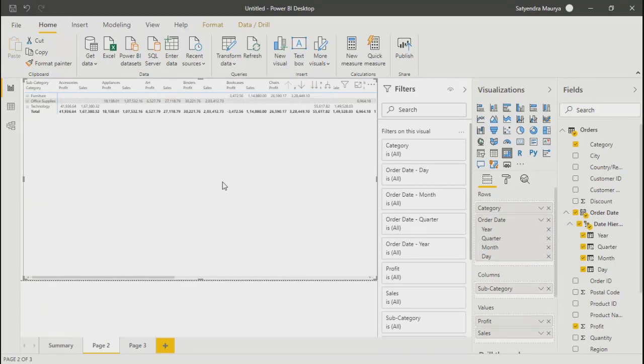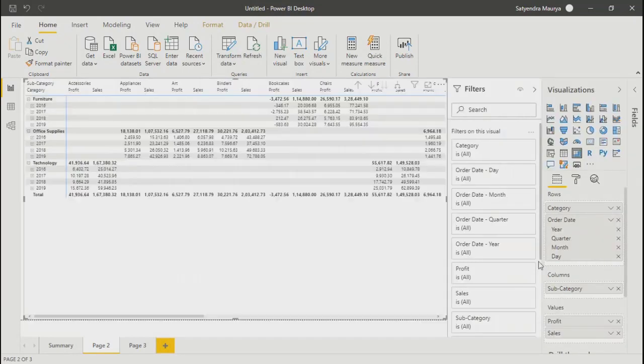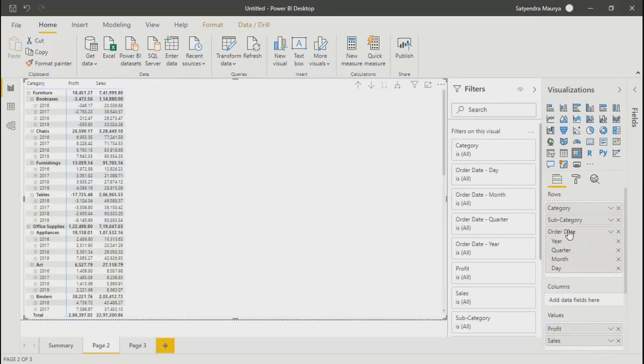Okay. So we have put all the information over here. Now let's arrange everything. On this segment here, what generally I would like to have is my subcategory after category, and then I will put this order date into columns like a pivot table.